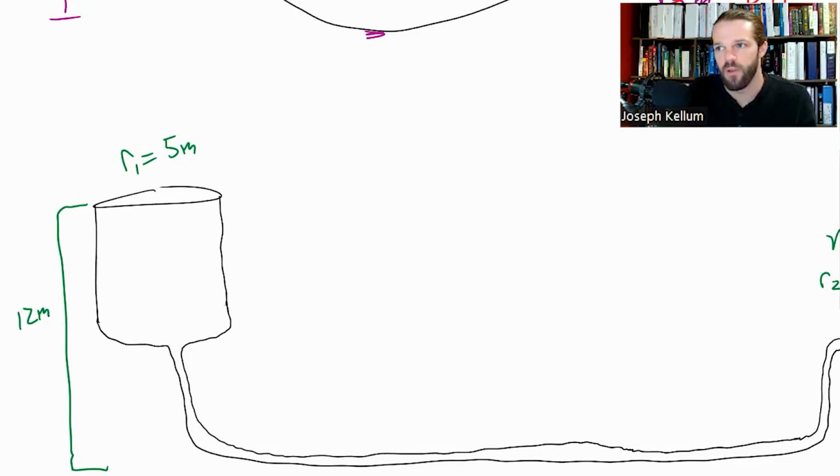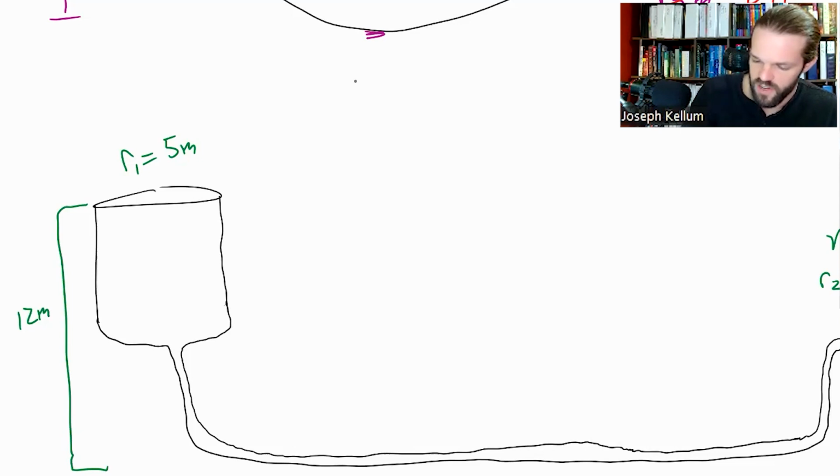However, Bernoulli's law is one of the longest equations, if not the longest equation, you have to know for this test, and so it could be easy to forget. So I want to show you how to regenerate it and why Bernoulli's law makes sense, the source of Bernoulli's law. So what we're going to look at here is, if we rewrite the conservation of energy